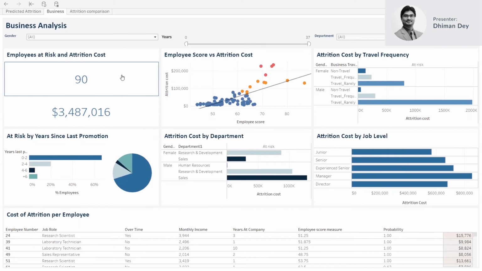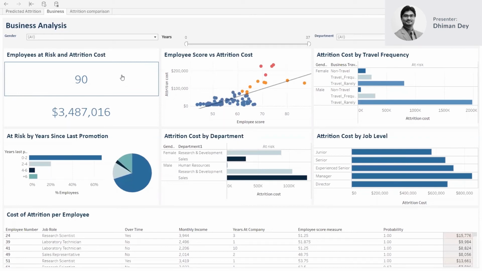Out of that, we see almost only 90 people are at risk. But based on the framework we use to calculate the attrition impact cost, over a large period of time, your attrition cost impact is going to stand at around 3.5 million US dollars, which is a really, really high number.